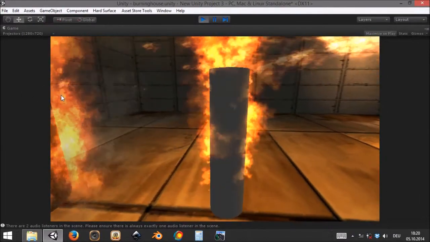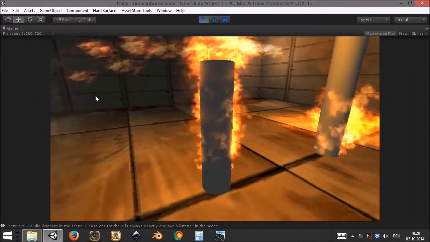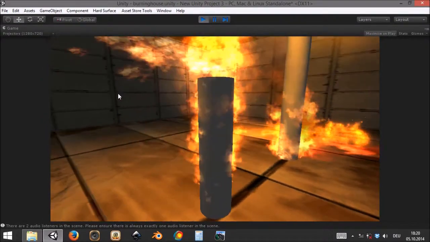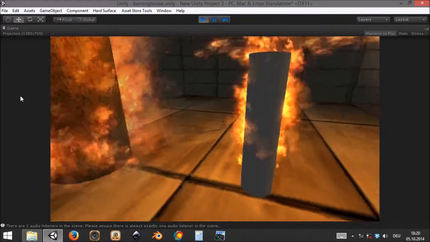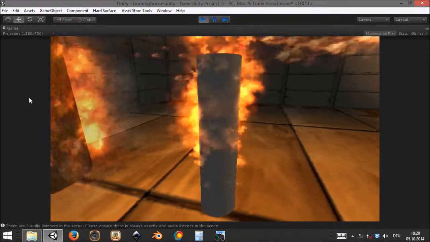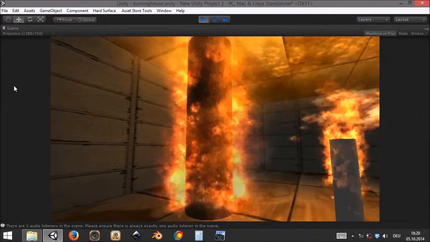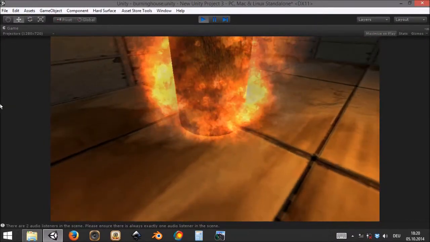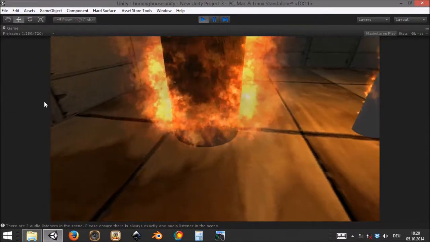This one uses the volume shell emitter, so it looks more engulfed in flames, with flames popping up all over the surface. And this one, my pride and joy, I have to admit, uses the base shell emitter as well,